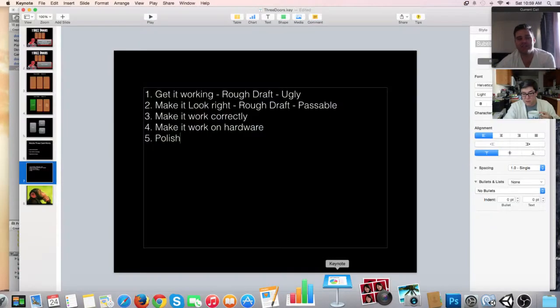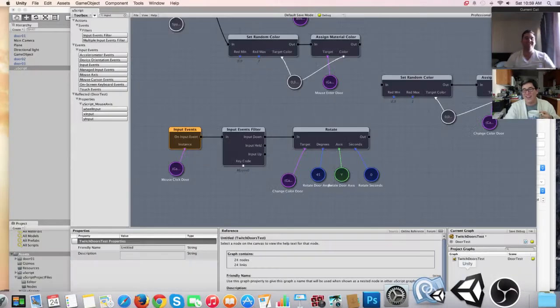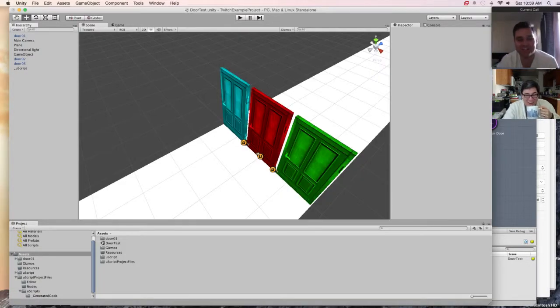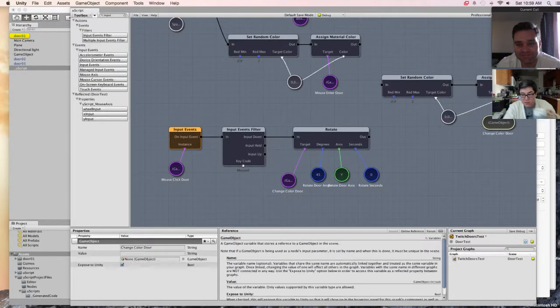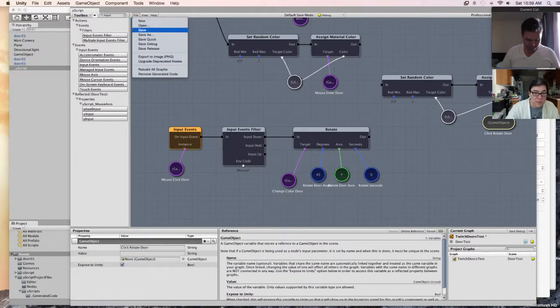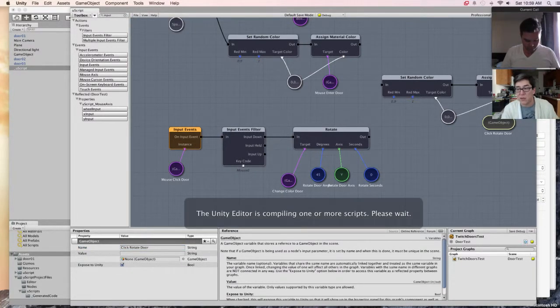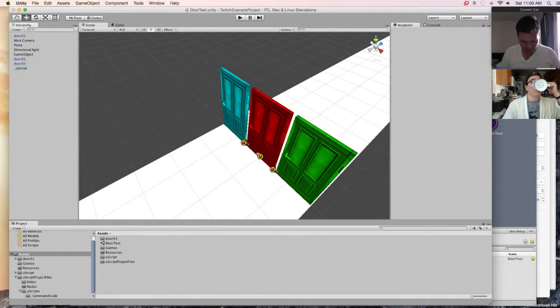So. I love this. We got the door to work, man. Yeah. It's like you're watching it come alive. So let's see. Mouse door. Let me change this name so it's a little bit more clear. So that mouse. Call it click rotate door, so that I can walk you through one more time visually what's happening on the screen. Okay,